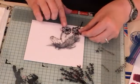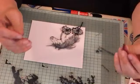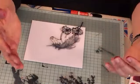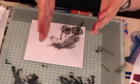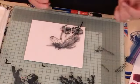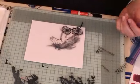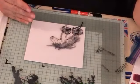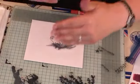Now, the reason I would say this is a good idea is a lot of you say, how do you know about composition? There's things you can follow. There's the rule of thirds. You've seen grids where they split it into 3 that way and 3 that way, and you're supposed to place things where the lines cross and all that. But you know what? That's really restrictive, and rules are there to be broken. But triangles work great. I use triangles a lot, and I use square cards a lot